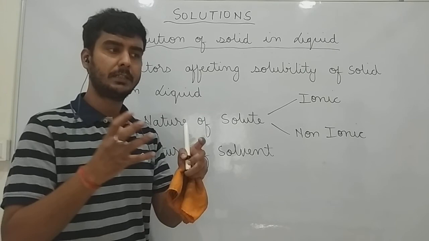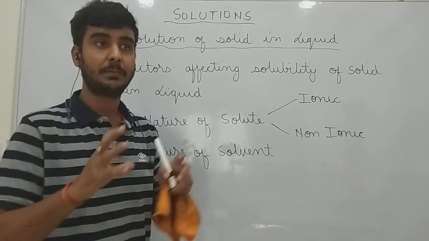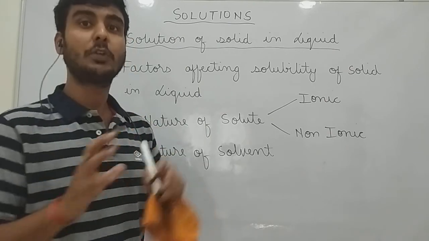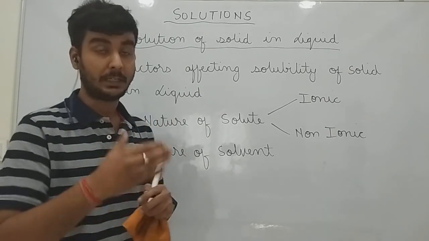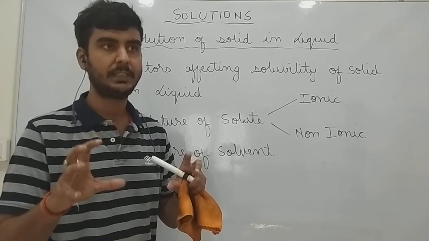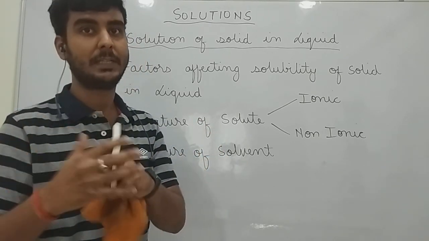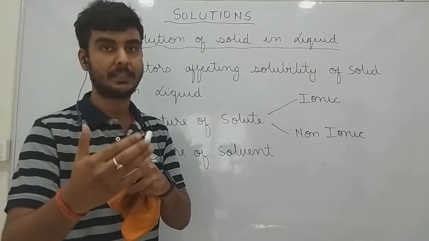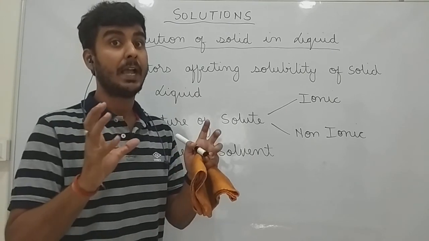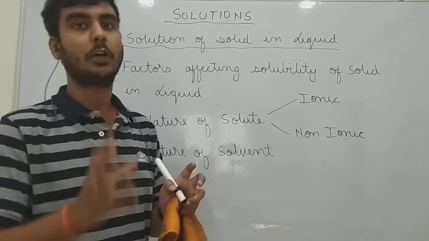A polar liquid is the type of liquid in which the molecules of the liquid have charge separation between them on account of electronegativity difference between the atoms of elements forming that compound. Means in that liquid there will be charge separation existing between the atoms. As a result, there will be permanent charge separation in the molecules because of electronegativity difference between the atoms of the element forming the molecule of the solvent or the liquid.